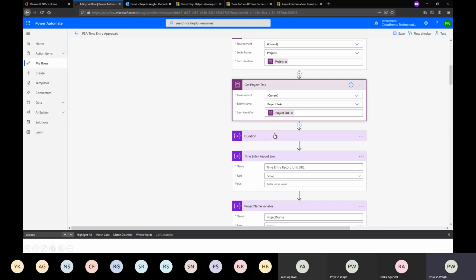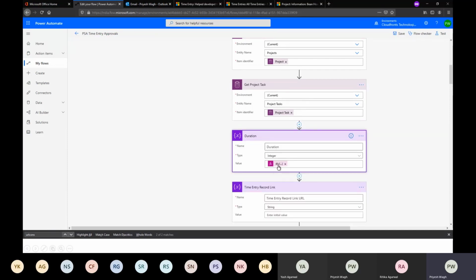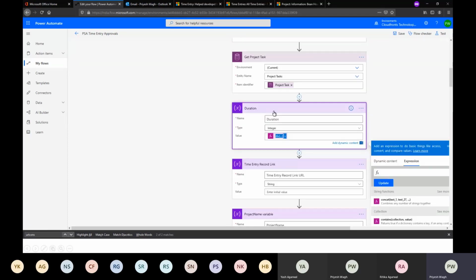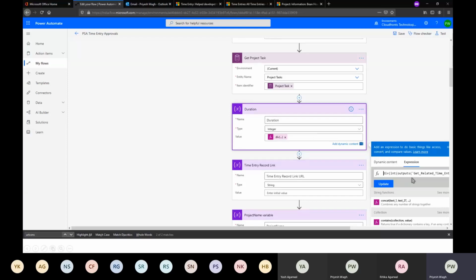Then I'm using a duration field. This one has a formula, and it will store the hours submitted. I have written a formula because usually the time entry record stores duration in minutes. So whenever you retrieve, you get it as 120, 240, and all of those. But to show the number of hours, I use this formula to divide it and show it correctly, so that I don't see minutes, I see the actual hours. So this is what I use duration for.